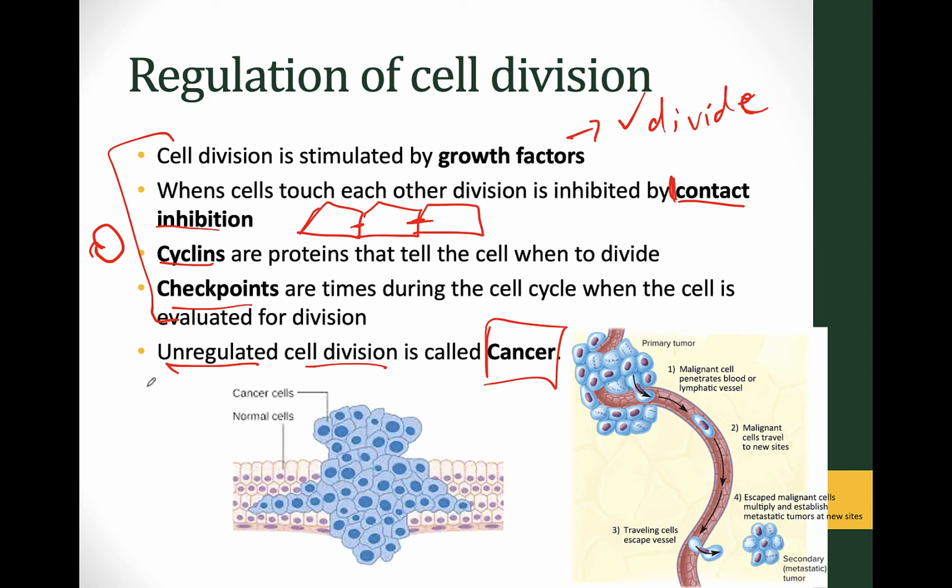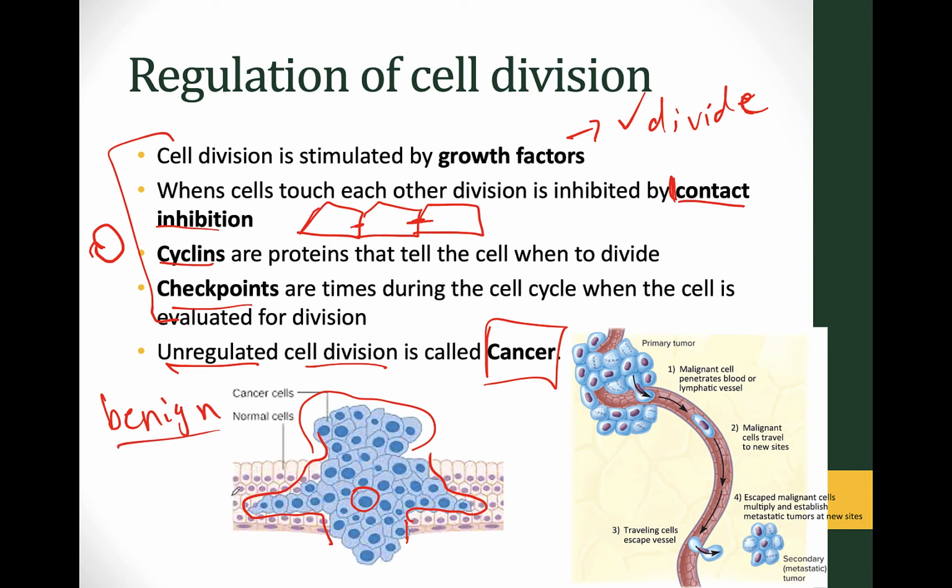There are two different types of cancer. You can go to an oncologist and they can say, oh, you've got a benign tumor. A benign tumor is, here we've got the cancerous cells in blue, but they're all maintained right here. At one point, one of these cells became cancerous. It had a mutation for one of these different checkpoints, and it started dividing. You can see that contact inhibition has done nothing. It's just decided to grow up instead. And from that one cell, we've created this tumor.